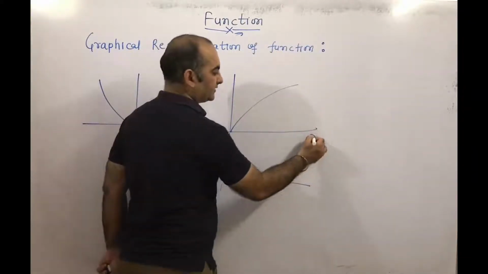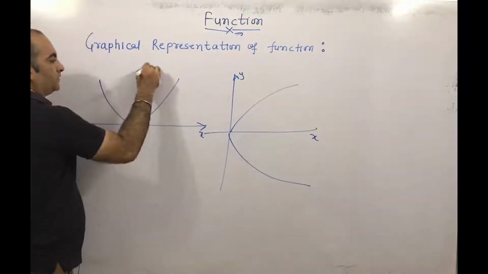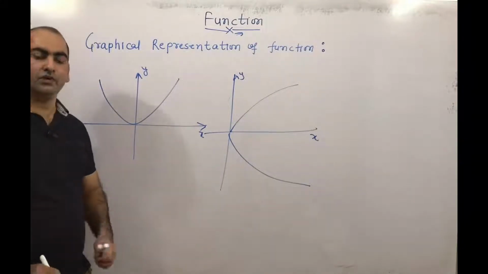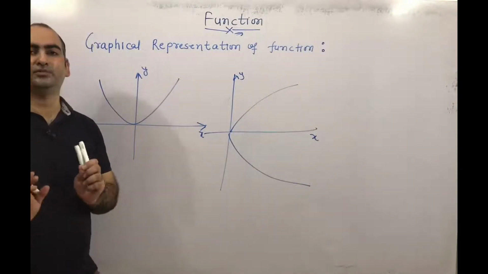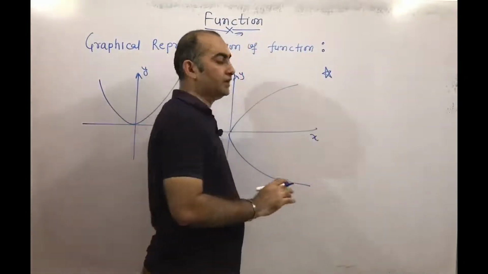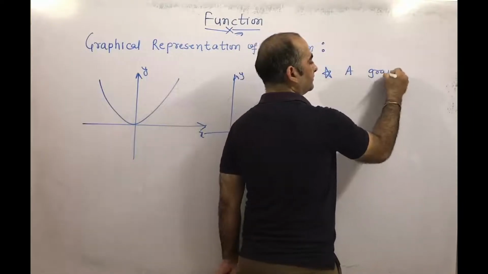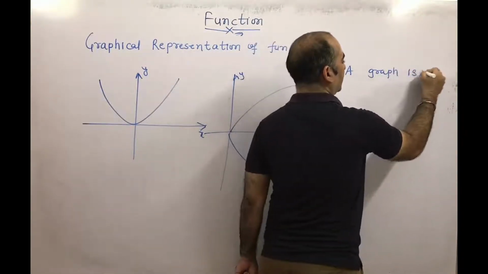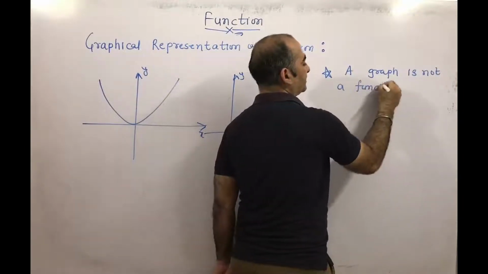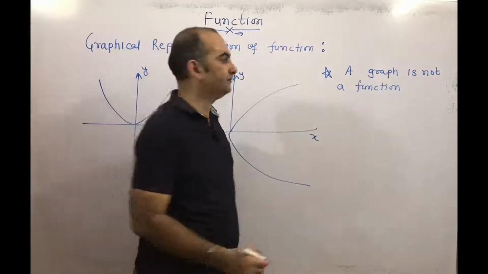This is x-axis, this is y-axis. This is x-axis, this is y-axis. So here we want to find out whether these two graphs are functions or not. For that we have to remember one important point, that is, a graph is not a function. A graph is not a function if